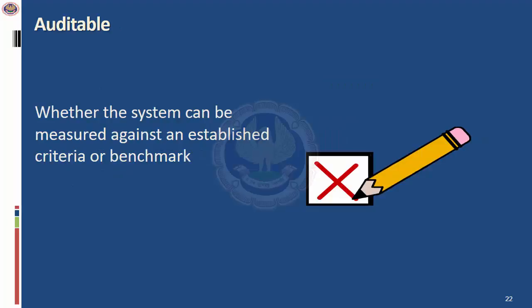It's not enough if you have information security implemented to mitigate the risk. You need to ensure that this is auditable, which means you can validate against an external benchmark. So there is an external auditor who comes in and verifies whether the system has been effectively mitigated by implementing the right level of controls.